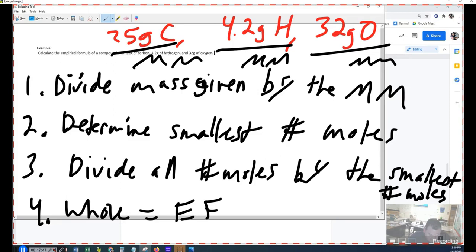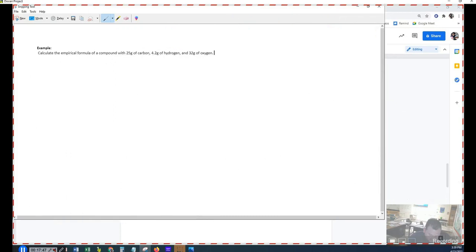All right. So how do we do that? We're going to take 25 grams of carbon. We're going to divide by its atomic mass, which is 12. That's going to get us